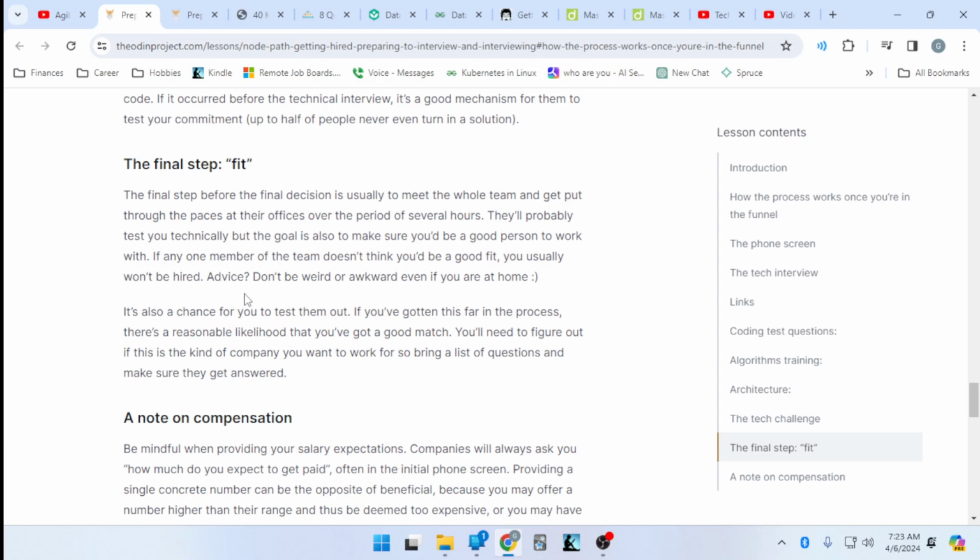So I don't like how it says it here, especially because I consider this to be kind of weird and awkward, wedged in the middle of this. No matter how you act, people will say you're weird and awkward. So that's just not good advice, because I could do one thing and then do the opposite of that thing, and both things would be said to be weird or awkward. So a better advice than this, I would say, is maintain that